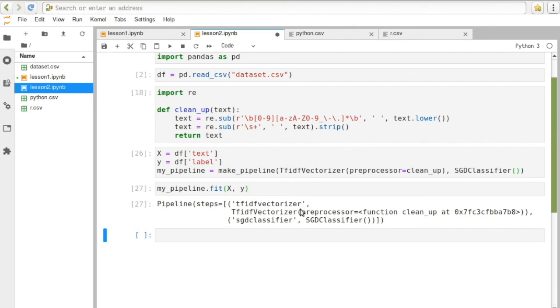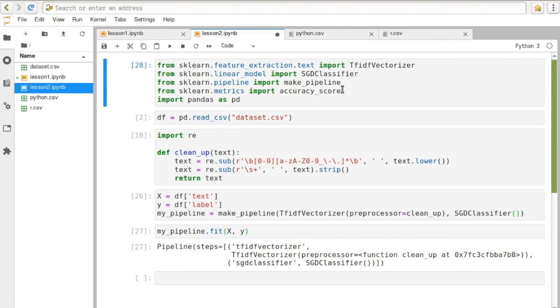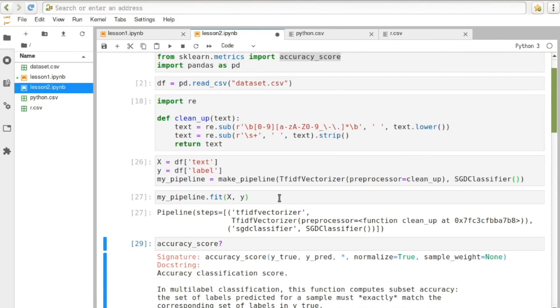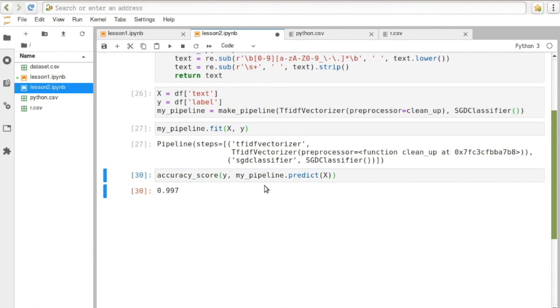How do I know the performance of this? So to do this, we can just look at some metrics. So from scikit-learn.metrics import accuracy score. Now I can't always remember what accuracy score does, so let's look at some of the documentation. Within Jupyter Notebook, you just add a question mark and it'll tell you. So we should have y true, y pred. Okay, so that means what I want to do here is I want a y and I want to do my pipeline dot predict on my X. Okay, so my accuracy score is 99%, which is really, really good and probably